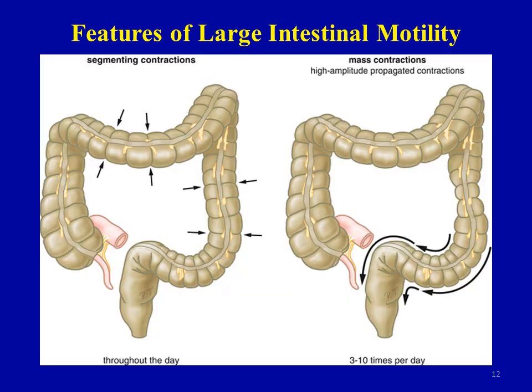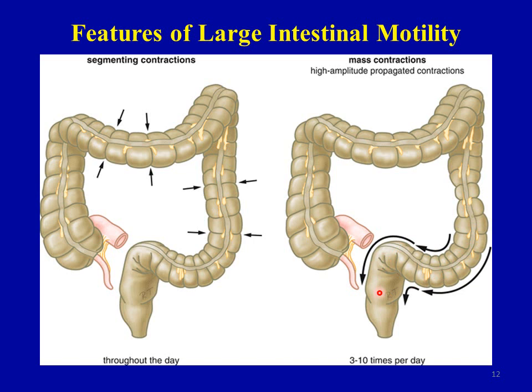Here we have two motility patterns, the segmenting contractions, and these are the mixing movements. They happen everywhere along the large intestine, but mainly in the proximal half, in the ascending and transverse colon. The mass movements, the second motility pattern, happen mainly in the distal half of the large intestine, and usually they lead to